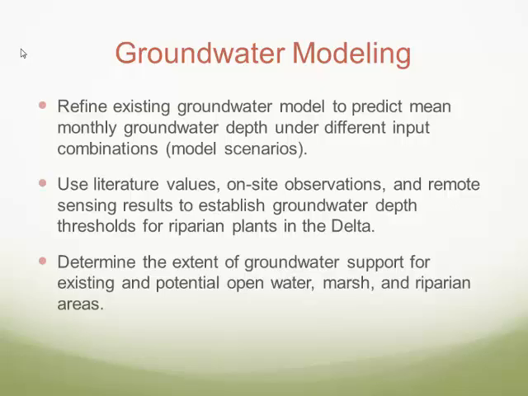So the first is to refine existing depth to groundwater thresholds that are available in the literature, specifically targeted for the delta. And what I mean by that is there's lots of research by Light and Stromberg and others that provides general depth to groundwater thresholds for cottonwood willow, for example, up to something like 5 meters. We think it might be a little bit shallower in the delta, so we want to look at that. And the way that we're doing that is really twofold. We can look at,